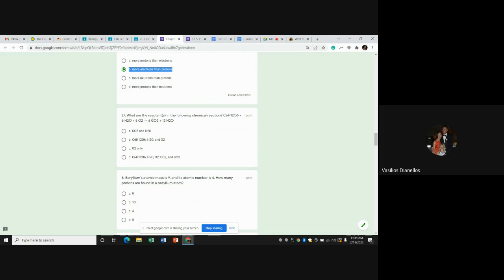So you will get some question with some chemical reaction you've probably never seen before. I might ask you about the reactants. I might ask you about the products. Just remember, reactants on the left, products on the right. In this particular case, we have C6H12O6 and H2O as our reactants. So that is,